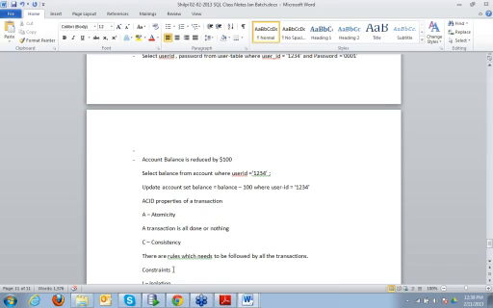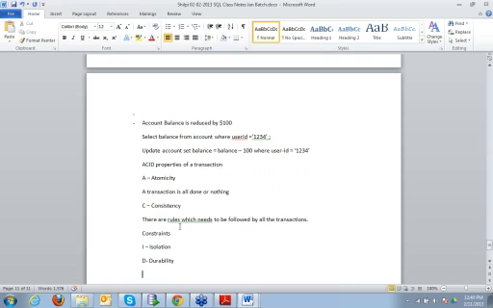Let's say logically the application says that the balance can never go below $500 for a particular type of account, right? So it needs to be followed by all the accounts, not just one account. For all the accounts, for all the transactions, this rule would be followed. So we need to follow all the rules. Every transaction needs to be consistent.